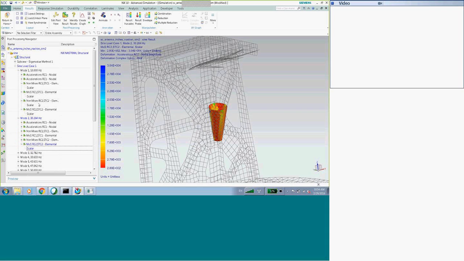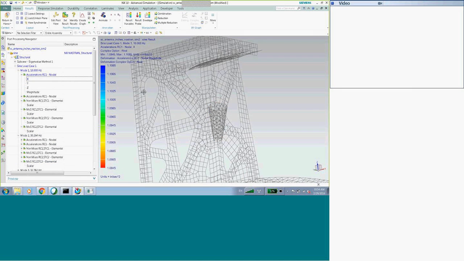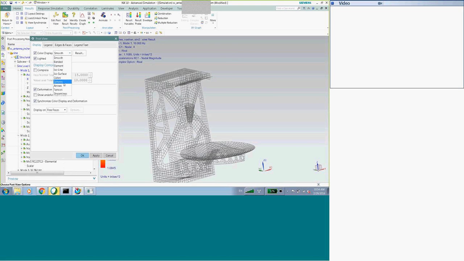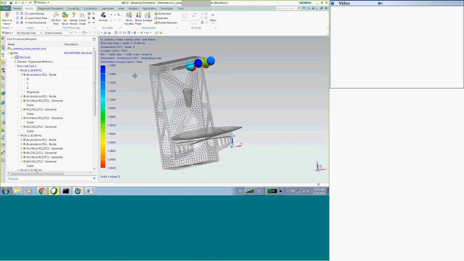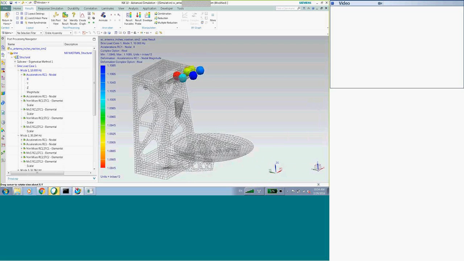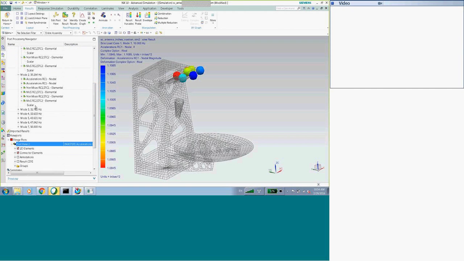So I can see here, I also look at acceleration. Now it's not going to format, so what I'll need to do is use spheres or arrows. Here's my max acceleration, and it does say inch per second squared, but those are definitely G's here. So this is something that we need to handle better in the next version.